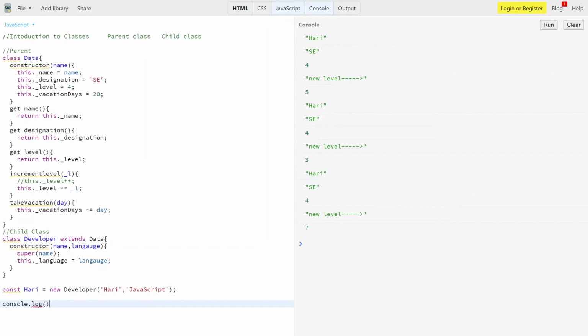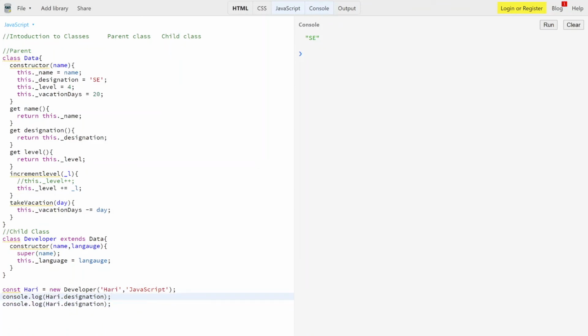How? Say we have console.log, and then we have hari dot, say I want to put designation, so I'm just copying and pasting it down. Let me clear the console for you, and see, you are already getting this. So that's how we can use the concept of parent and child. And as I previously showed you, you can also put hari dot name if you want.